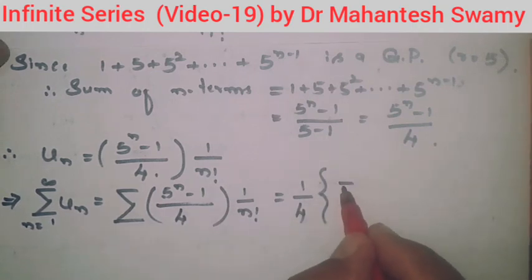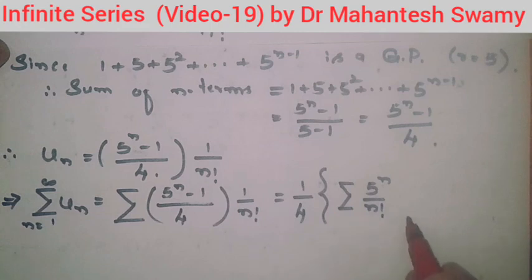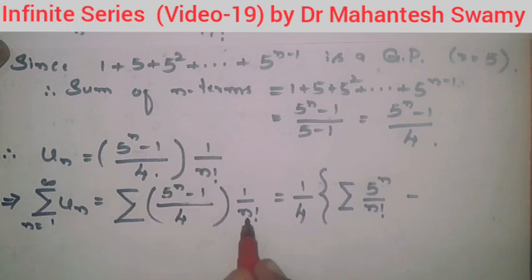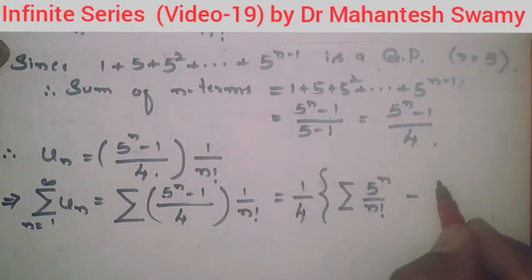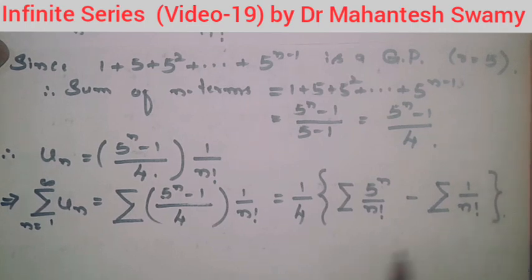So the first summation is 5 to the power of n divided by n factorial. The second one is minus 1 divided by n factorial. So the separate division, 5 to the power of n divided by n factorial minus 1 divided by n factorial, on which we can take the separate summation. The summation is also separated for each of the two terms within the bracket. So what we have done in this step, we have taken 4 outside, we have divided the numerator separately by the denominator, we got two terms, and we have taken the separate summation onto them.